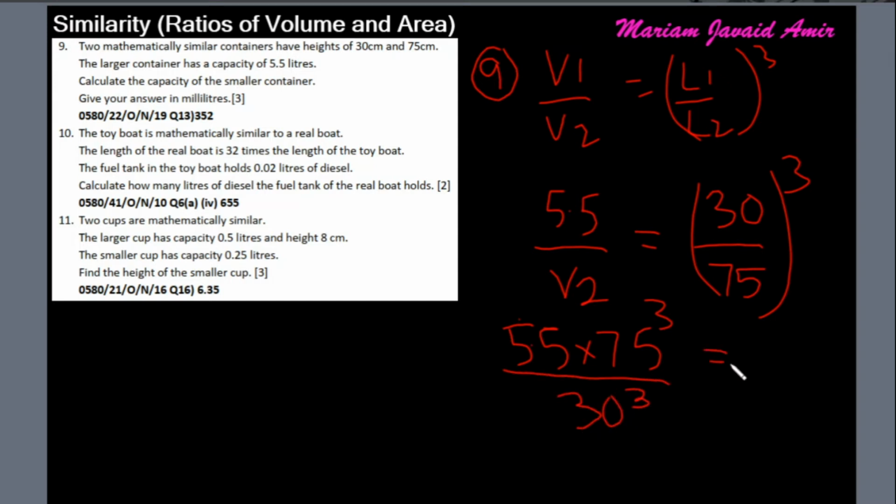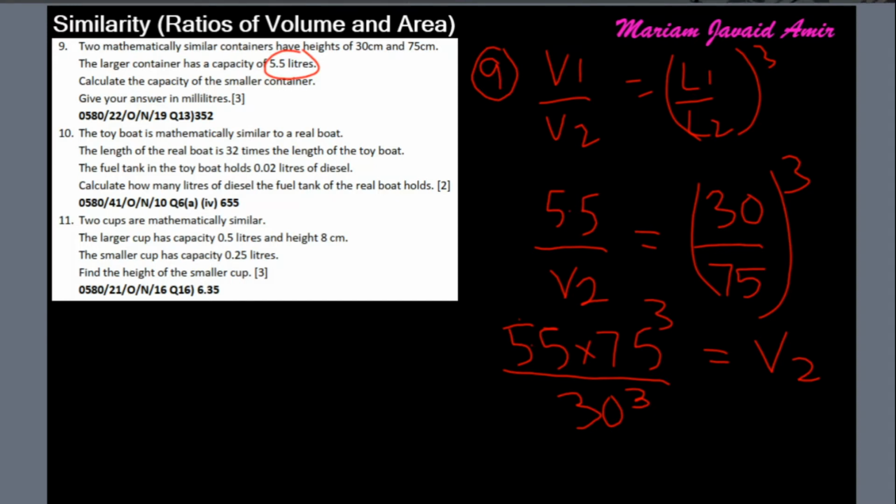This will give us the volume in liters because this was in liters. Okay, so 5.5 times 75 cube over 30 cube. This is giving,